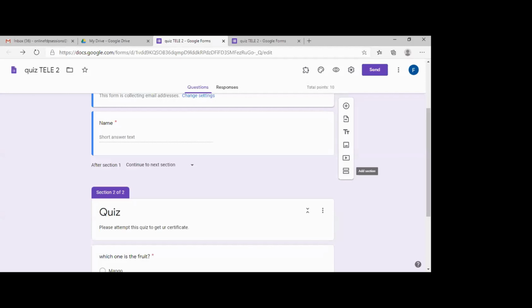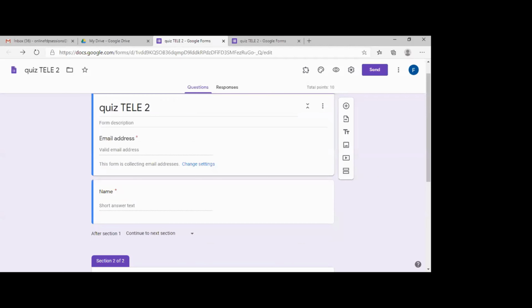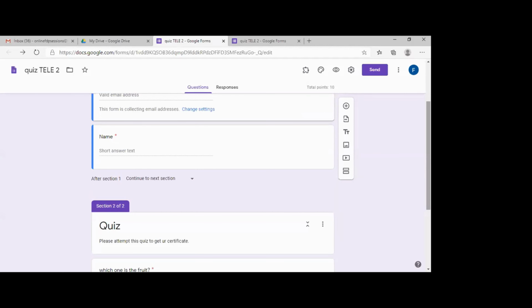It will be visible on the first page to the students, and when they click on next, the quiz will be visible. I have just entered one question, just for demo's sake. I made it a quiz by clicking on settings and then quizzes, and make this a quiz. Make sure that you enable this toggle button before proceeding, because on the basis of the quiz only you are going to give the certificates.